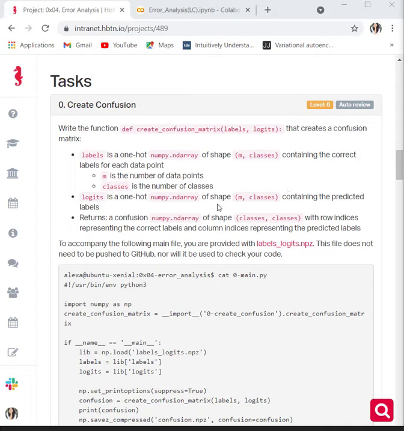So we have the correct labels and we have the predicted labels. Now we are going to return a confusion array with shape classes by classes, with row indices representing the correct labels and the column indices representing the predicted labels. Okay, so let's start.